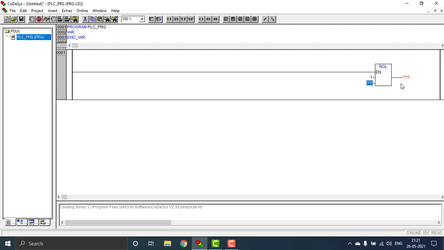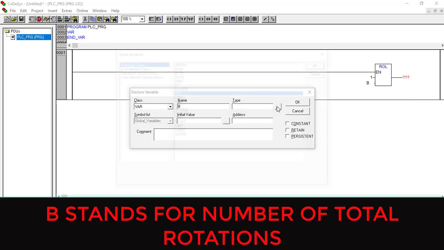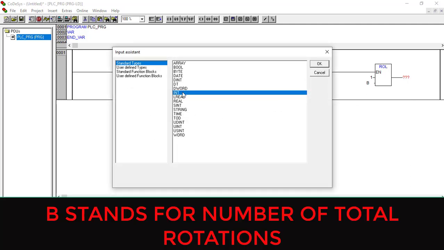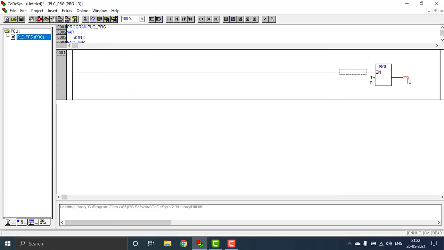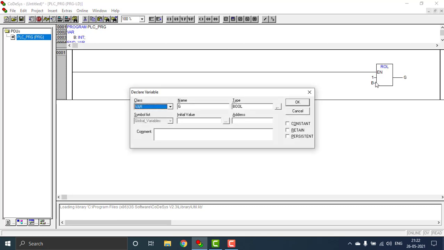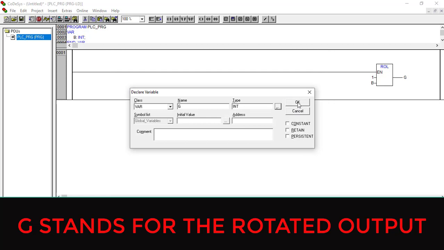And how many times that should be rotated, I'm just mentioning as B. So B times this should be rotated. B will not be a boolean, it will be an integer. And okay. And the output will be G. I'm selecting G, and that will also be an integer. G selected and okay and okay.